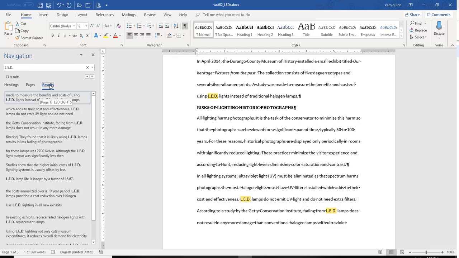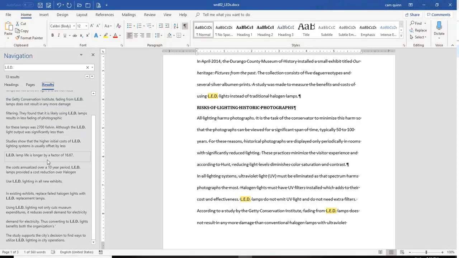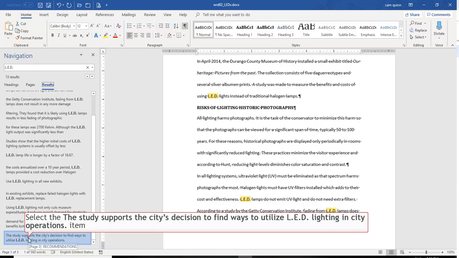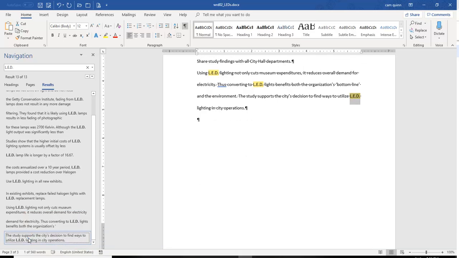By the way, I could have gone over on the Home tab. In the far right, there's a find option, but basically all that will do, if the navigation pane is not open, is open the navigation pane and put me on this search line. There's also an option for replace, and we'll come back to that in a minute. Okay, so now I've got this list of the 13 times it's found it. So if I click on the very last one, it'll take me into the document and position me on that particular placement. All right, so what I want to do now is replace that L period, E